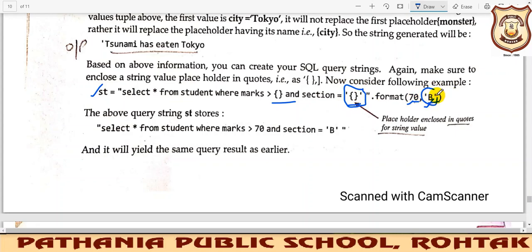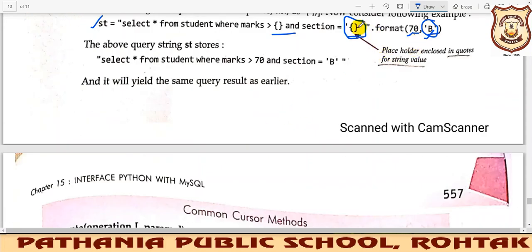So you need to write it like this in single quotes. For a number, there should not be any single quote, but if you are writing a string, then you need to use single quotes. Ultimately this will get replaced with this statement.